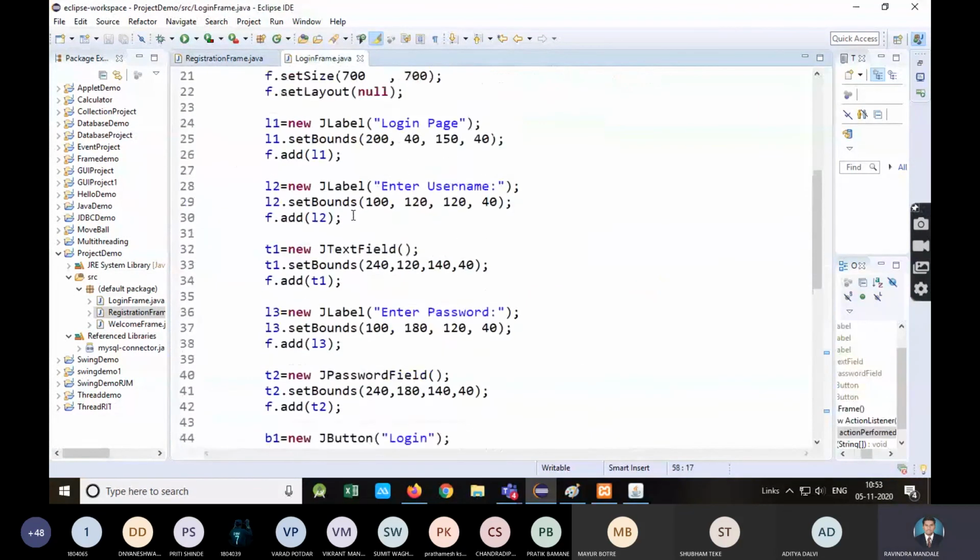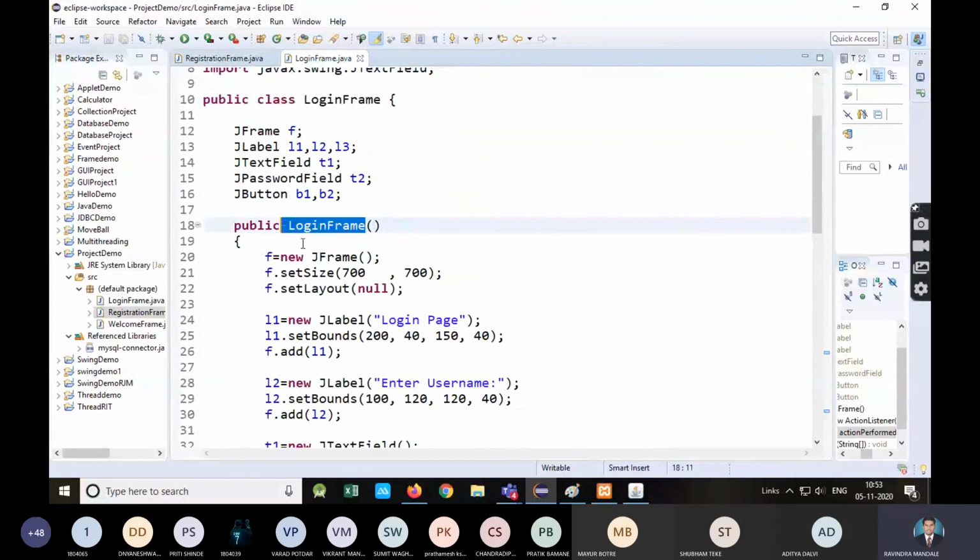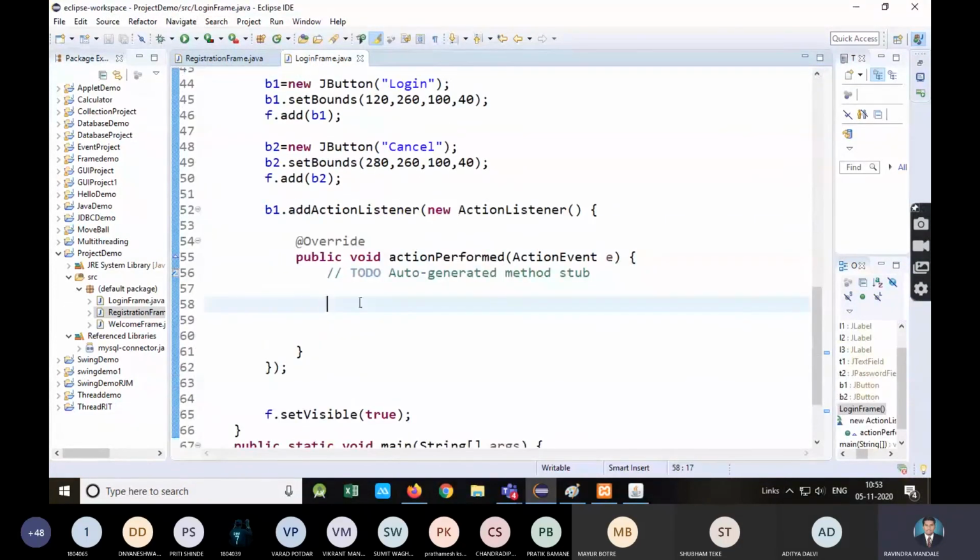See, just check the constructor. See, generally we were calling this constructor inside main. Getting? But if we call main method, this is an application now. At a time, not all three frames will be called. Getting? When application will be run, we are calling, that means we are giving instruction to call that main method. But JVM will call that. Okay. So first registration page will be loaded, and on clicking on login button, then only login frame should be loaded or executed. Getting?